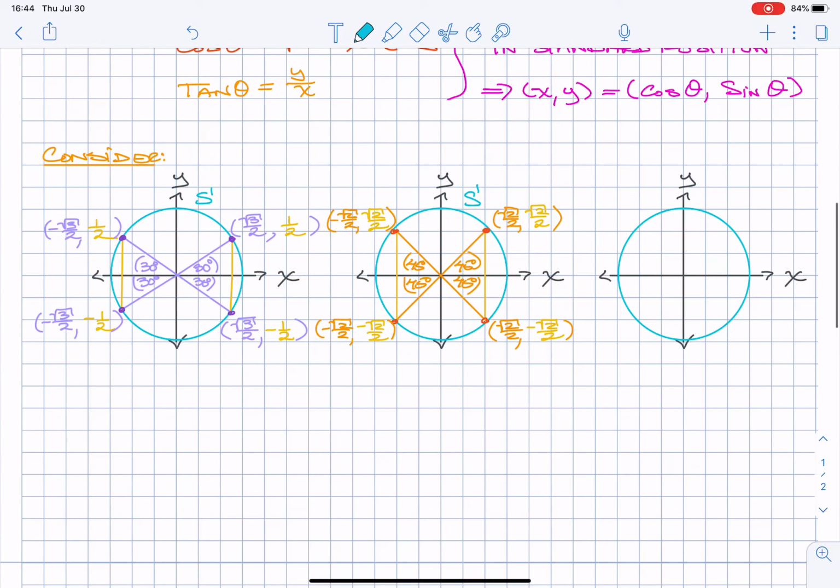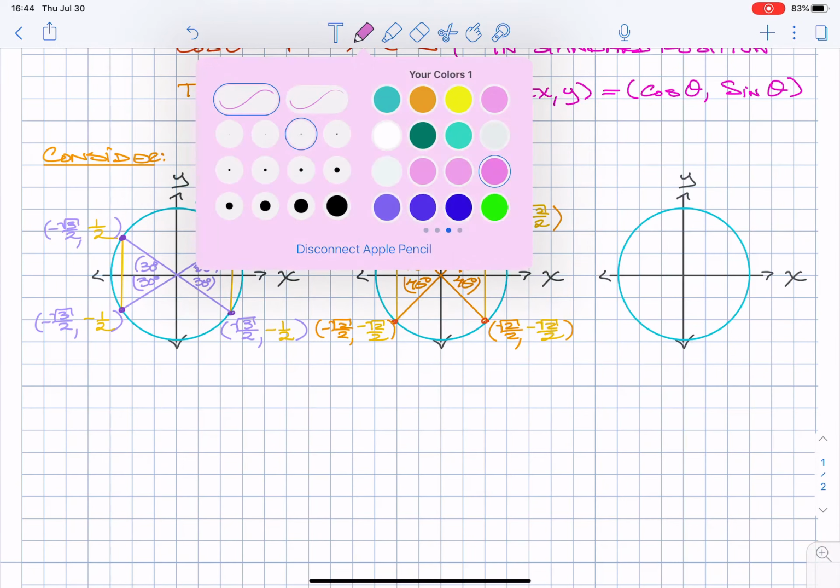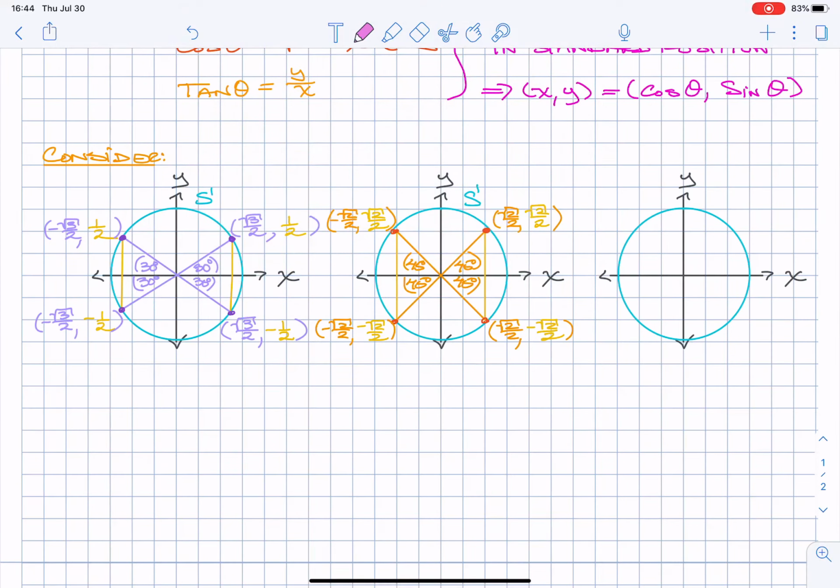Okay, what's the next one? 60 degrees, right? So let's do 60 degrees. What color shall we use? How about pink? So let's do something like so. Does that look like it's okay? Something like that. I don't know, it's hard to tell. Hopefully I did this right. Kind of. Okay, so once again,